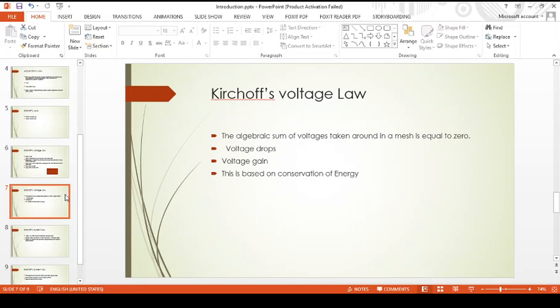So generally when you solve problems, right students, for a voltage drop in any resistor, we say it's a voltage drop, and if we come across any battery or source of EMF, we say there is a voltage gain. And if you go from the negative terminal of the battery to the positive terminal, voltage will rise. If you go from positive to negative, voltage will drop. This is the general sign convention which we follow for Kirchhoff's voltage law.